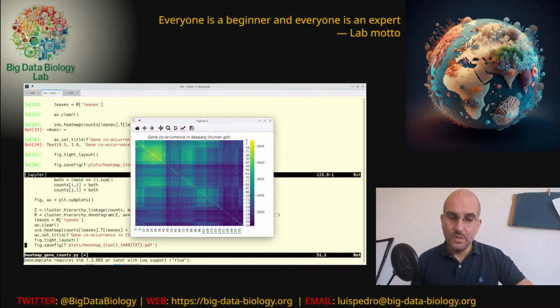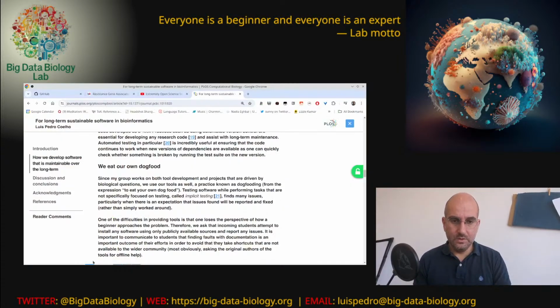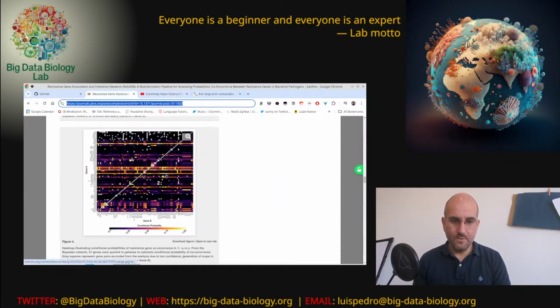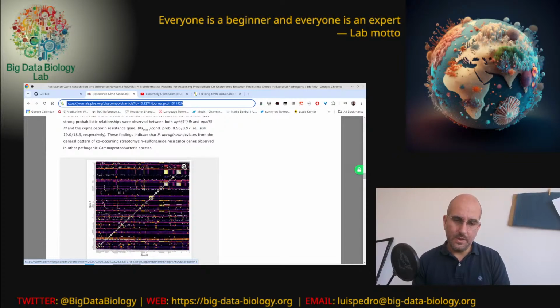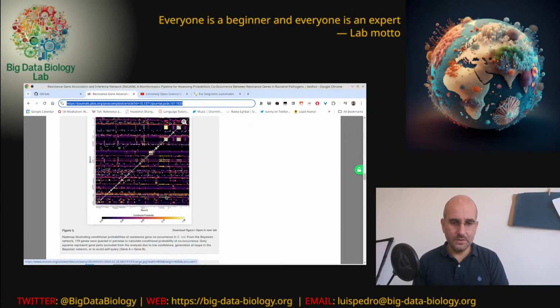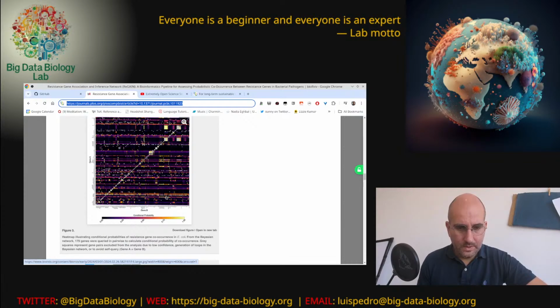And actually if we go to the paper, they use a slightly different layout, and I guess they use a different diagonal, but again you see these groupings, these squares in the matrix.